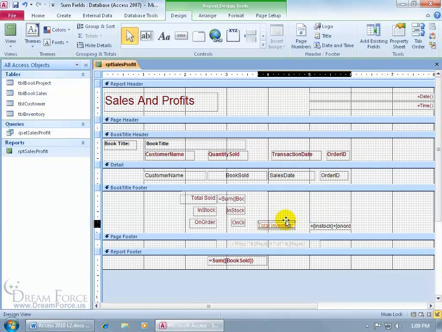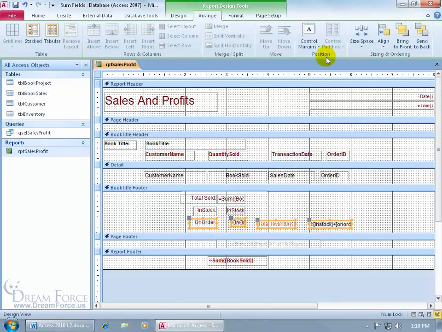And if I can't quite seem to just get it aligned right, as you recall in an earlier training video, we can have Access help us out to align this. In other words, I would like to align these two fields at the top with these other two. So I need to go ahead and shift click all of these fields, then come up here on the Arrange tab to the Sizing and Ordering group, click on the Align drop down button, and when I choose top,